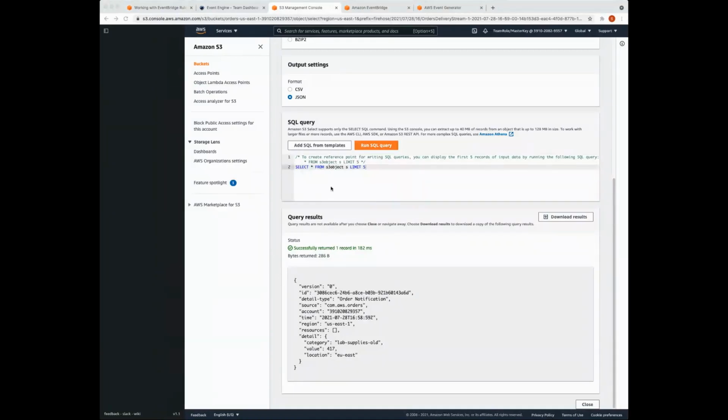Bear in mind that if you enter your S3 bucket and you don't actually see anything there, it can take a little time to be delivered to S3. So if you just keep refreshing, you should see it pop up shortly.